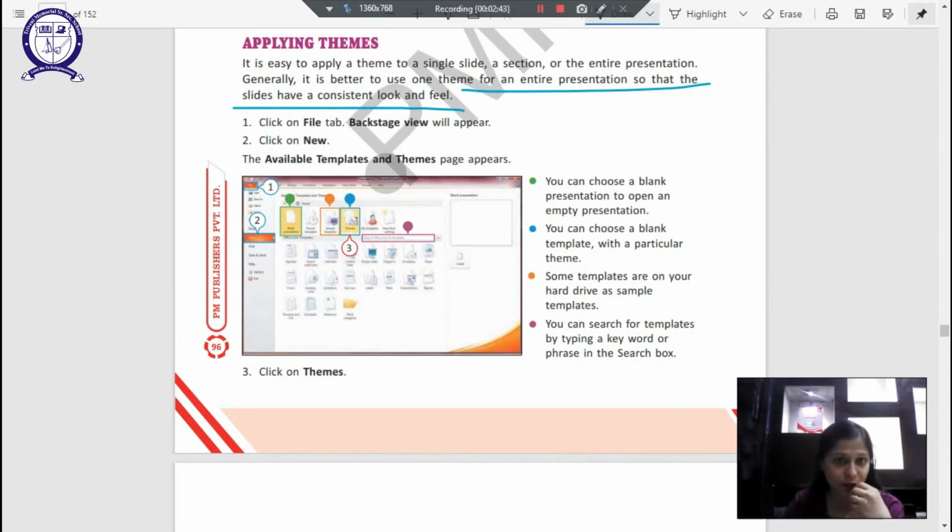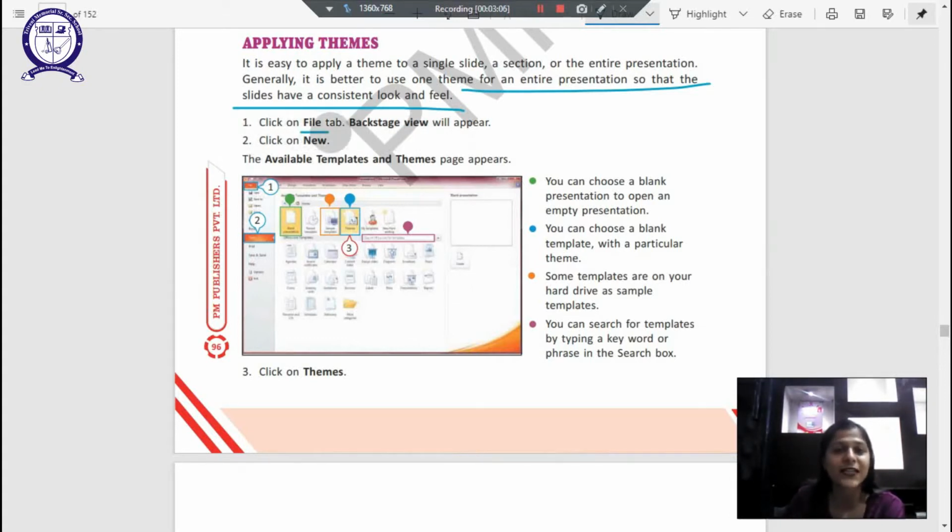Now you might ask why? Because if you have a presentation with 10 slides and each of them has a different color, then I think the look and feel of the presentation would not be as nice as one that has a consistent look and feel, color across the presentation, right?